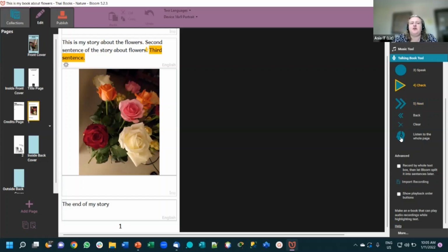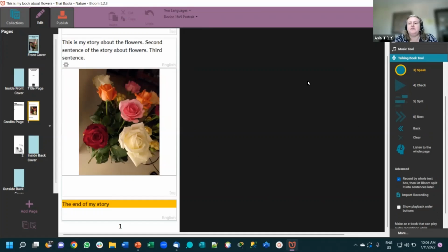So now as I listen to the whole page, this is my story about the flowers. Second sentence of the story about flowers. Third sentence. So the end of my story. You'll notice that the audio, when it's being played back, you can tell that each sentence has been recorded separately. So if we click record by whole text box and let Bloom separate it later,